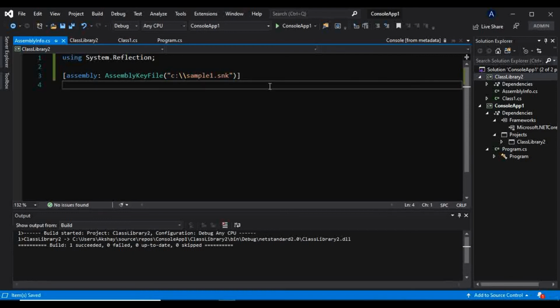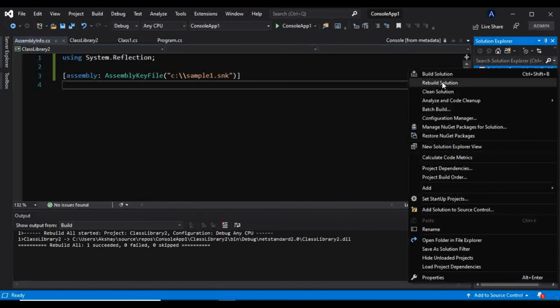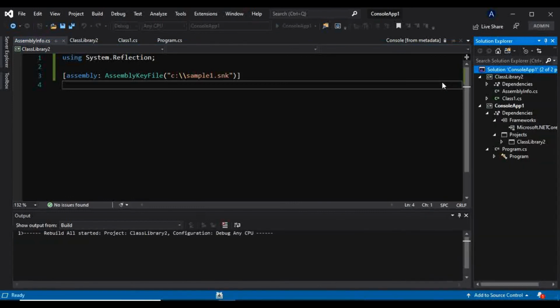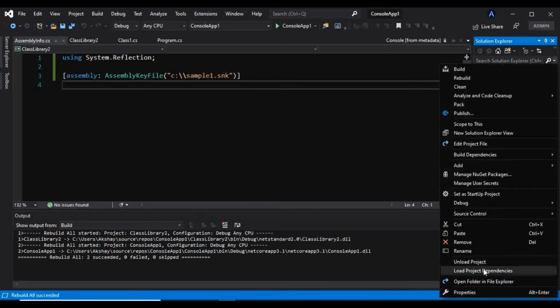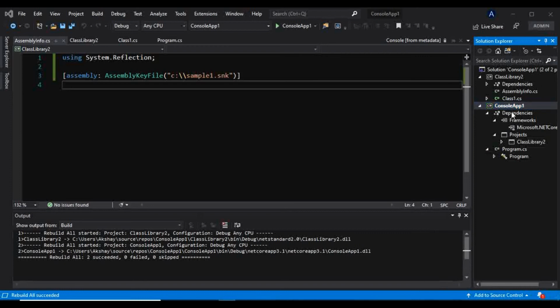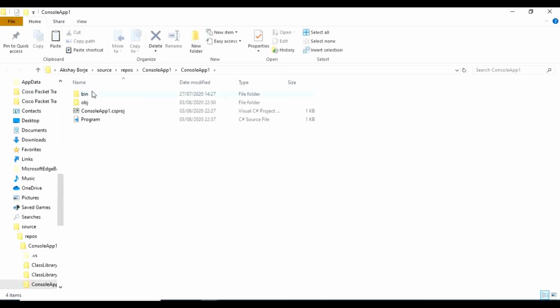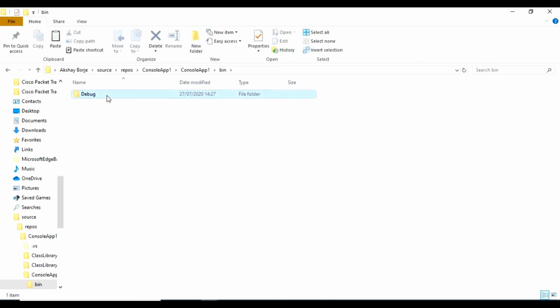I will save this and rebuild this whole solution here, so these two projects get built at a time. Now I will go to this project's folder, console app 1, and we will find all the assemblies here.